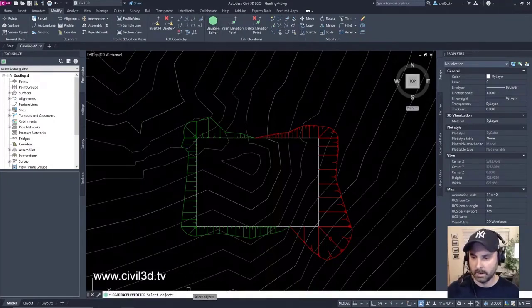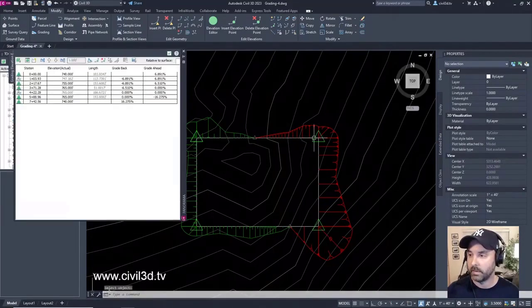Then our command line is asking us to select an object. We're going to select that white feature line up at the top, and then we get our grading elevation editor. We have all of our elevations listed here. I have station 0, which is this triangle, then I'll go through the next and the next, and you can see how it's going in a clockwise fashion.